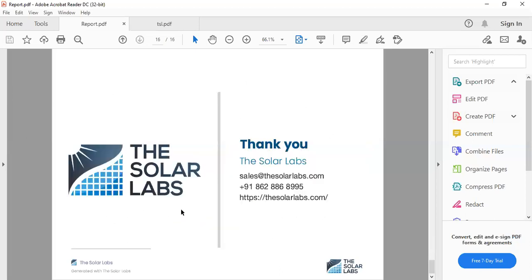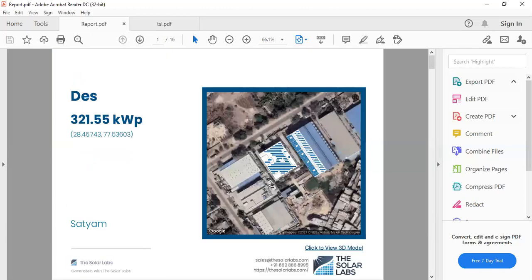Then you will have a thank you page. And next we have this 3D link here for showing your customer how his rooftop will be looking after placing all the panels. If you click on this, click to view 3D, or simply click on this image, you will come up to this particular page in the design studio, and you don't need to have an account on design studio to log into this page. Anyone can open it, anyone can check it on their mobile phone easily.